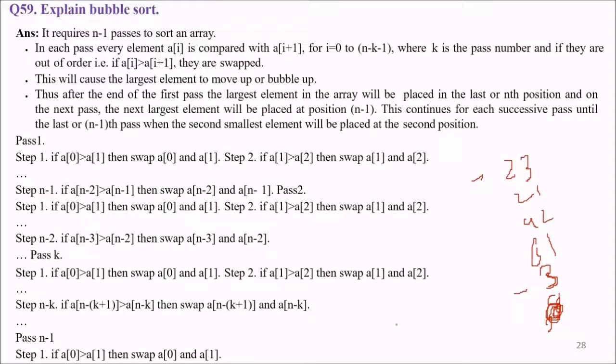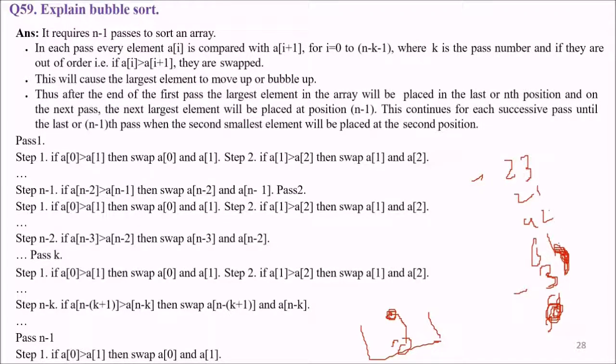Actually, bubble sort means you are bubbling up. In water, a bubble goes up. So at one iteration, the highest member will be on the top. What we do here is we compare 3 to 61, which is the greater one, 61. So 61 and 3 will not be swapped or exchanged.